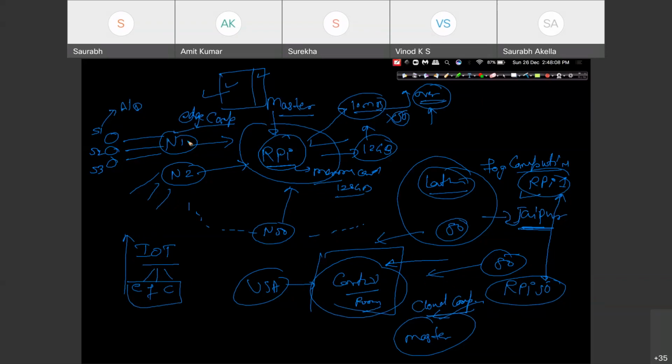Now let's understand the communication between node and Raspberry Pi. Depending upon the distance, depending upon the data flow or speed, right? How much amount of data, at what speed, till what distance you want to communicate.